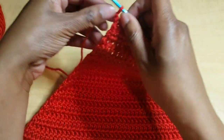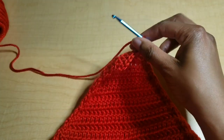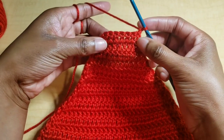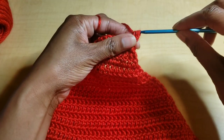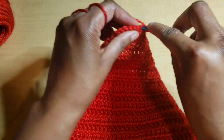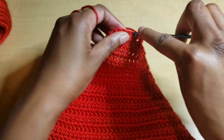So from here, what we're going to do is chain 1. Looks like I already did. Chain 1 and turn. And then we're going to just go straight across with double crochets. So I'm going to put 7 double crochets here. Everyone else will 2, and sizes 2x and 3x, you will be putting 9 double crochets